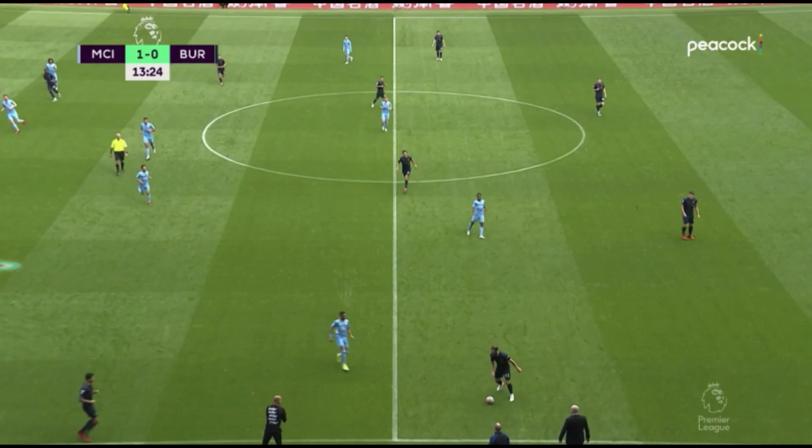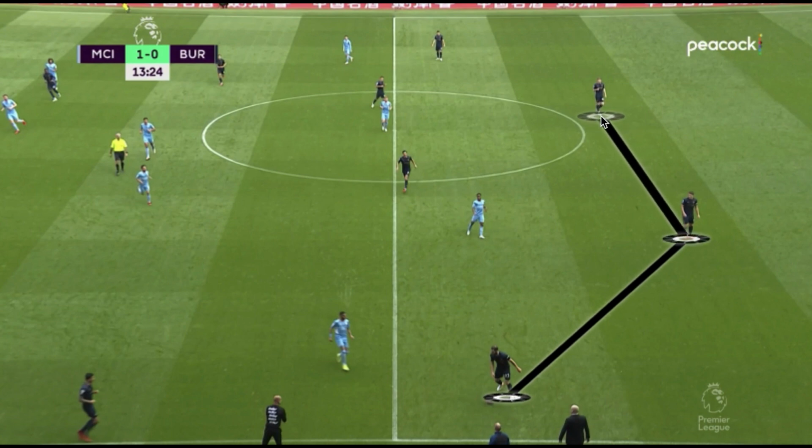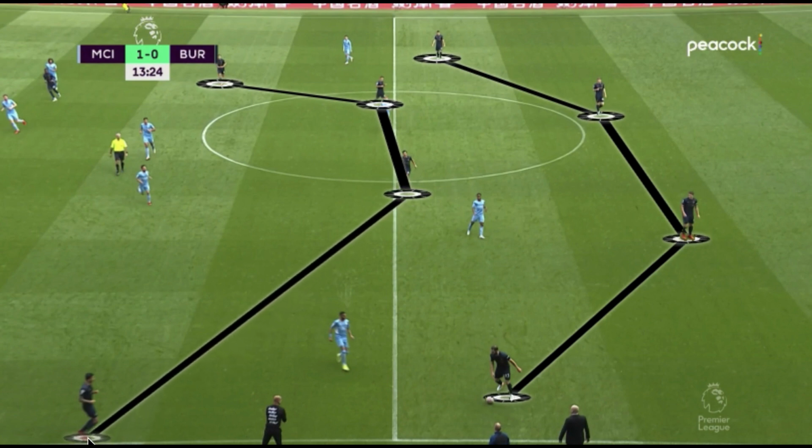Now with Burnley in possession, they went with their 4-4-2 as you would expect from Burnley, and were very vertical in their tendency in possession, playing vertical passes through the half spaces direct into their two forwards. And this played into the Manchester City 4-2-4 defensive setup with the two central forwards for Manchester City, and the